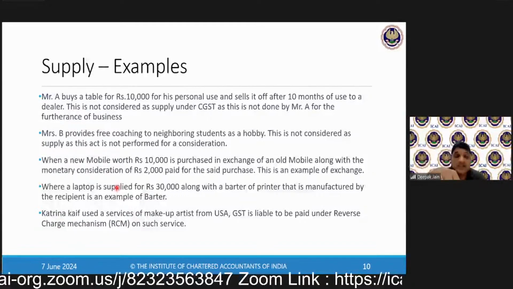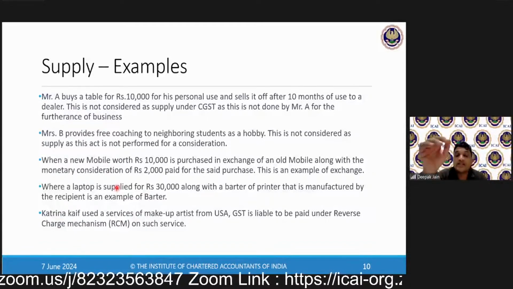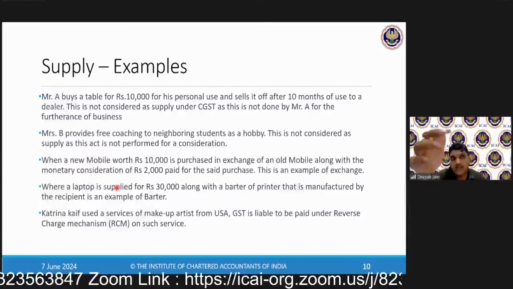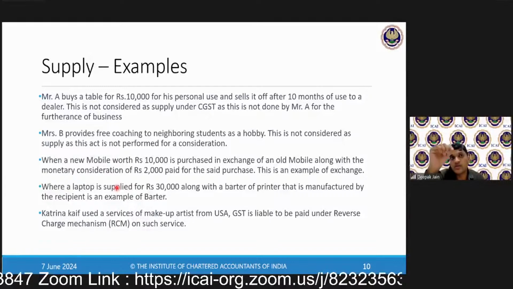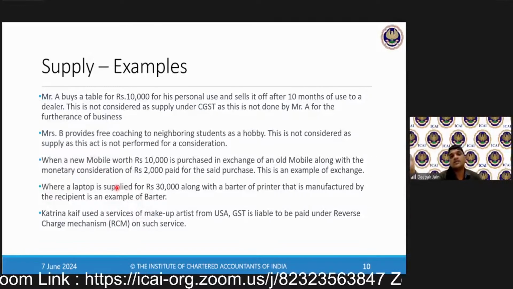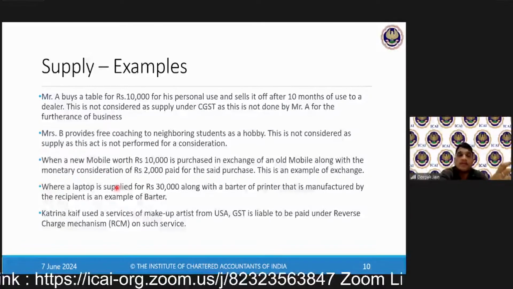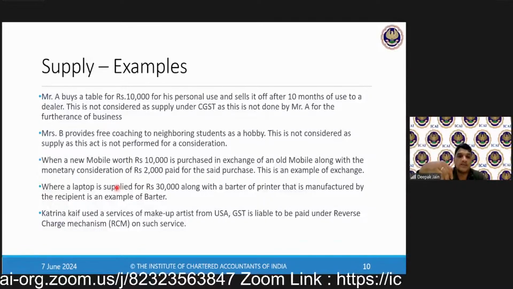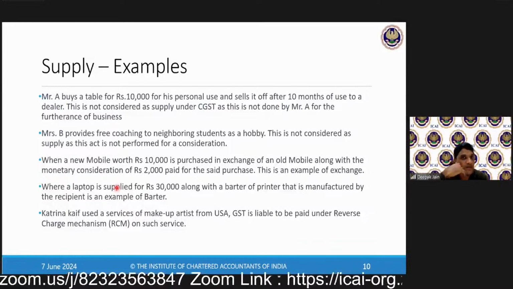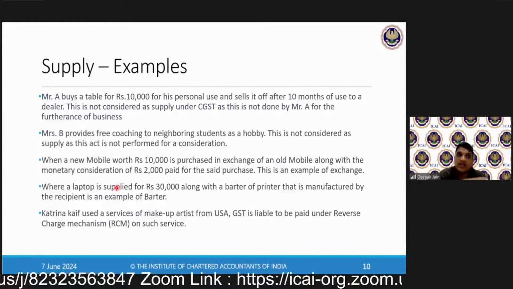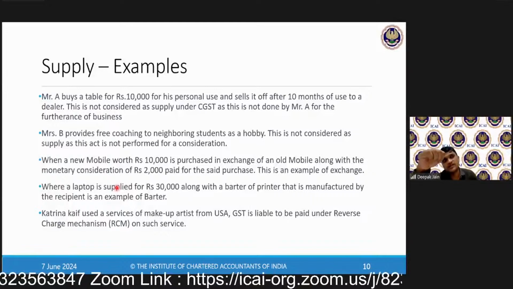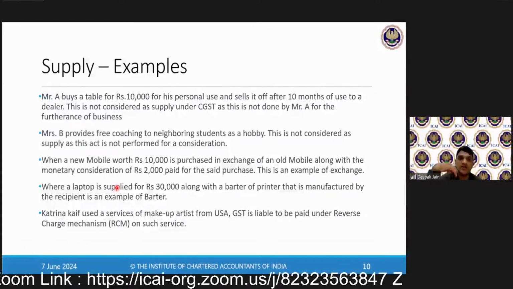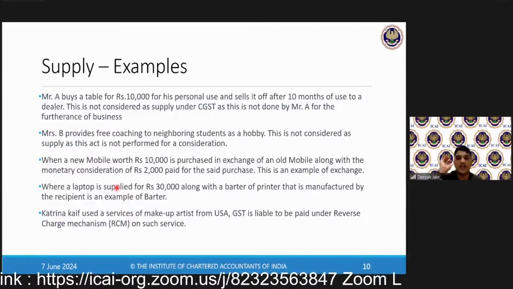In that case, is GST liable in India? Yes, there is something called the reverse charge mechanism, which we will read in the subsequent chapter, but understand the concept of reverse charge. When the supplier is supplying something, he is not paying the GST, but the recipient is. Import of service is covered under that. When you import any services, the supplier is outside India and is not concerned with GST. You are a person who has to pay GST under reverse charge mechanism.